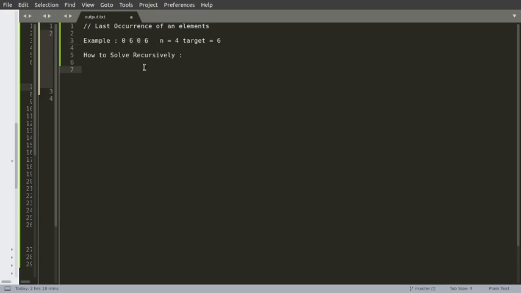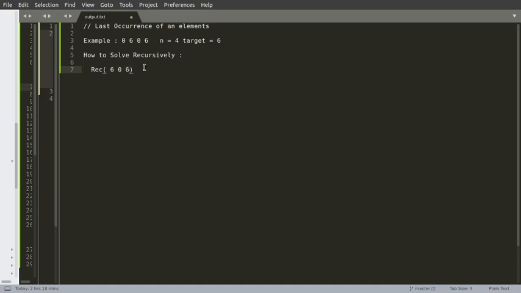So there will be two options, right? Either recursion is able to find the 6 and get the answer for us, or if the target element is not present we will get minus 1. Suppose we call the recursion on this part, 0, 6, 0, 6.